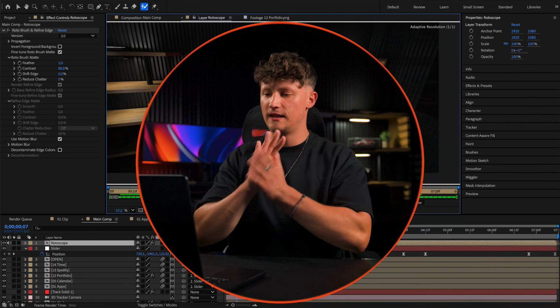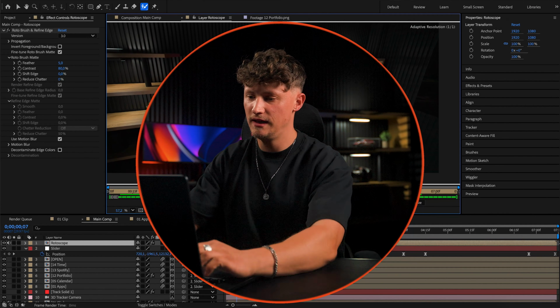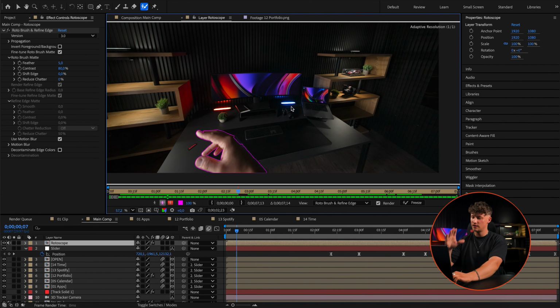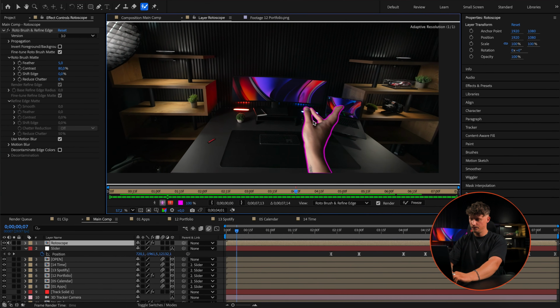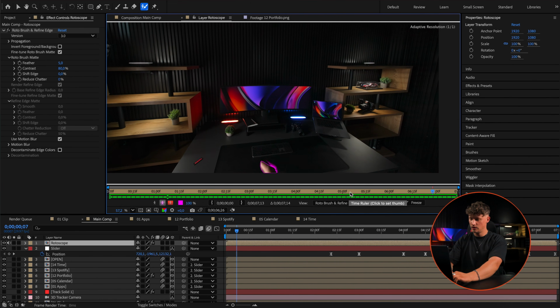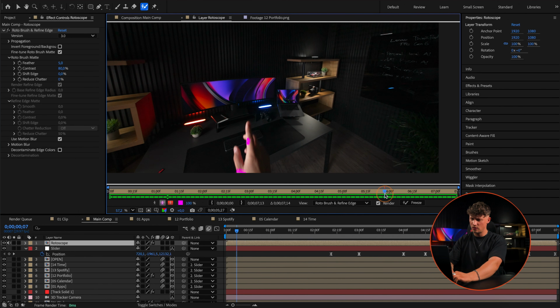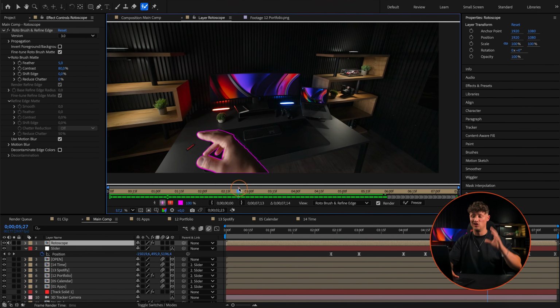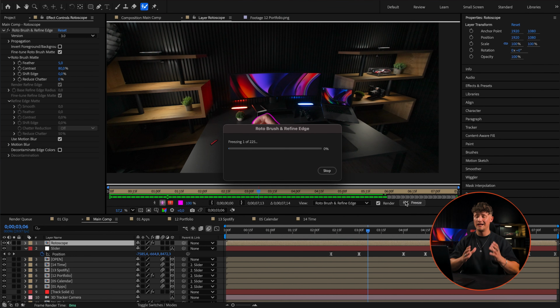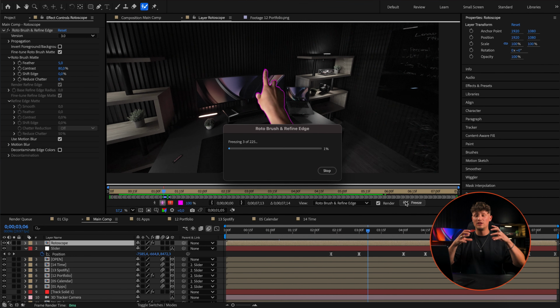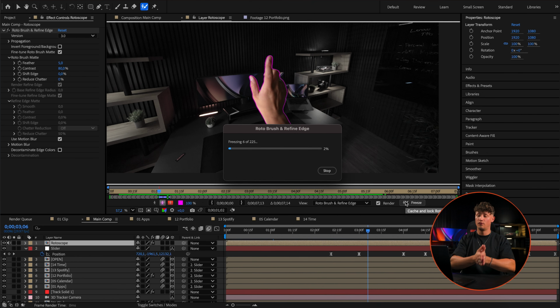All right, it looks like the selection is pretty good. So I just let it run through one more time. Looks good. So for our case here, at the beginning, we don't really need it because the button starts up here. But if you want to adjust something later on, you can still do it here. And if you're happy with your selection, if you checked everything is good, you just have to click freeze here, and then it's going to freeze the selection for each frame.